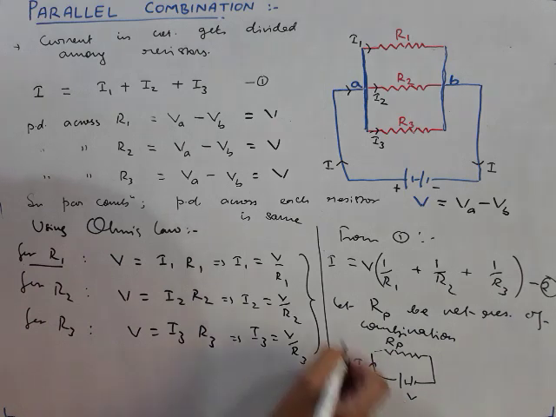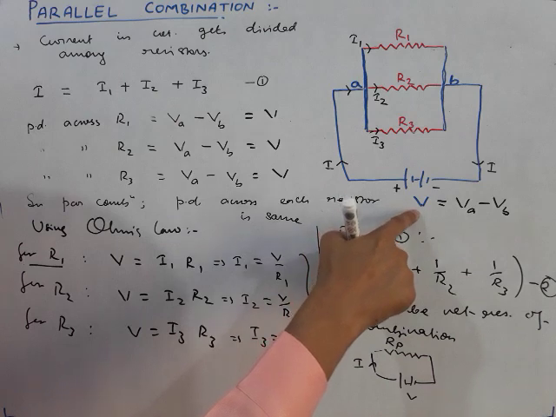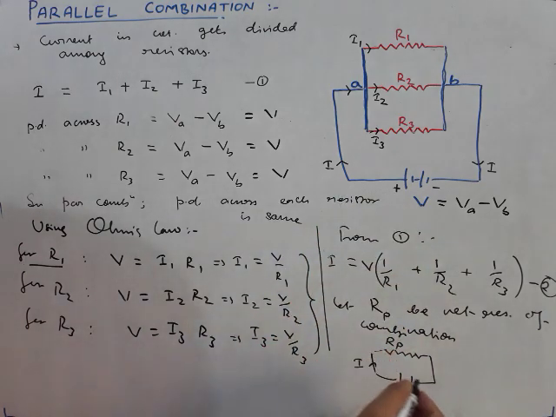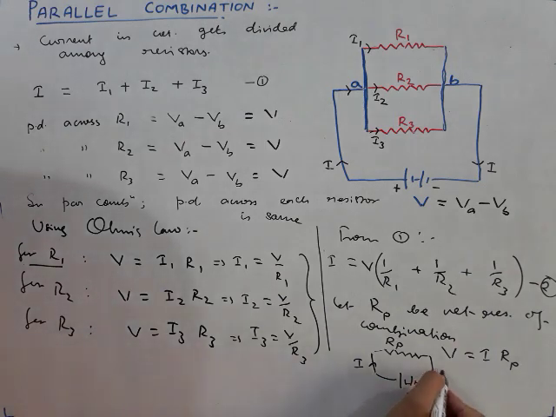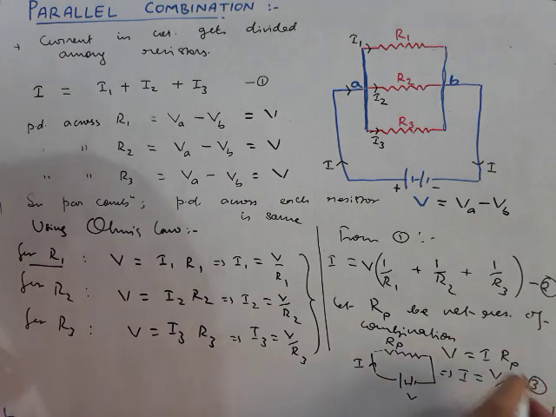The current should remain the same. The total current was I, the total current will be I. Potential difference total was V, here also it is V. So therefore, here we will have V is equal to the total current I times Rp. And this implies I will be how much? It will be V upon Rp. This I write as equation number 3.